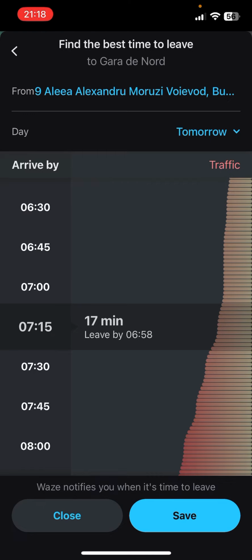It says that, for example, if I want to arrive there at 7:15, then I have to leave by 6:58. So it takes me 70 minutes to arrive there. And if I click on the save,